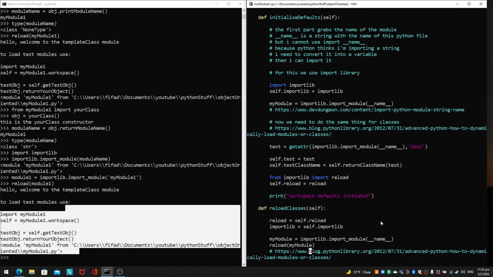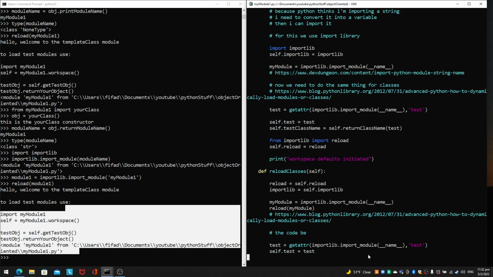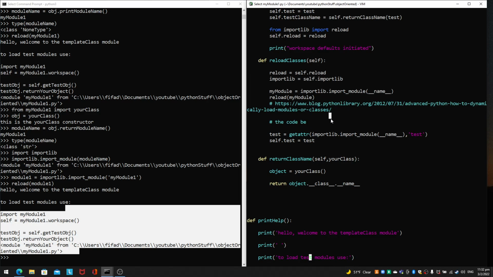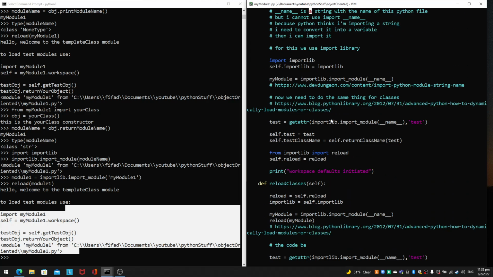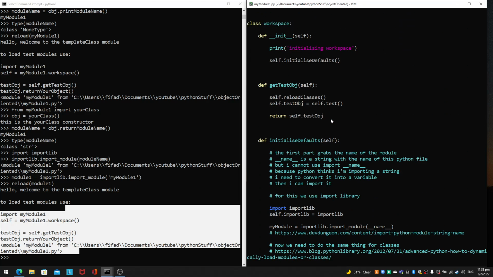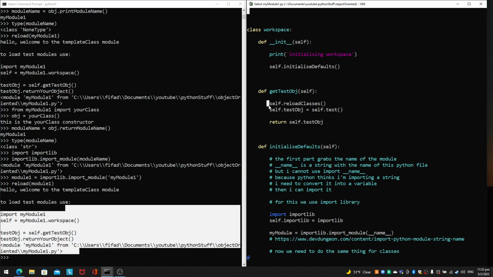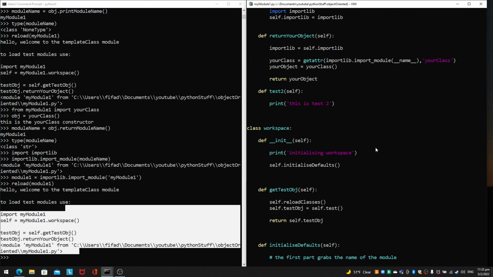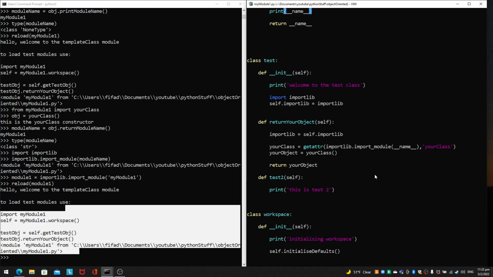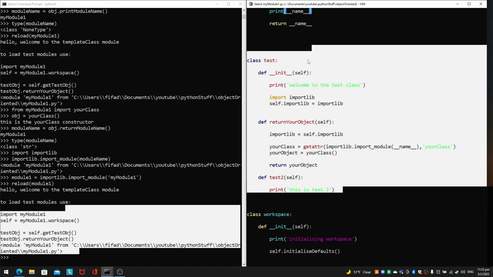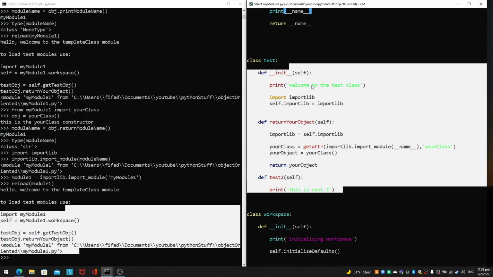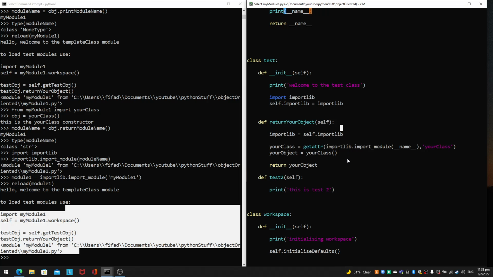The reload functions are under this reload classes function, and it will be run every time you do this get test object. So when I do a get test object, I will run the reload classes, and I will declare an object using the test class. So we have a test object, and this will actually be a fresh instance of the test class after reloading. So every time you get a test object from the workspace, everything in the test class will be reloaded. And since the test class is reloaded,